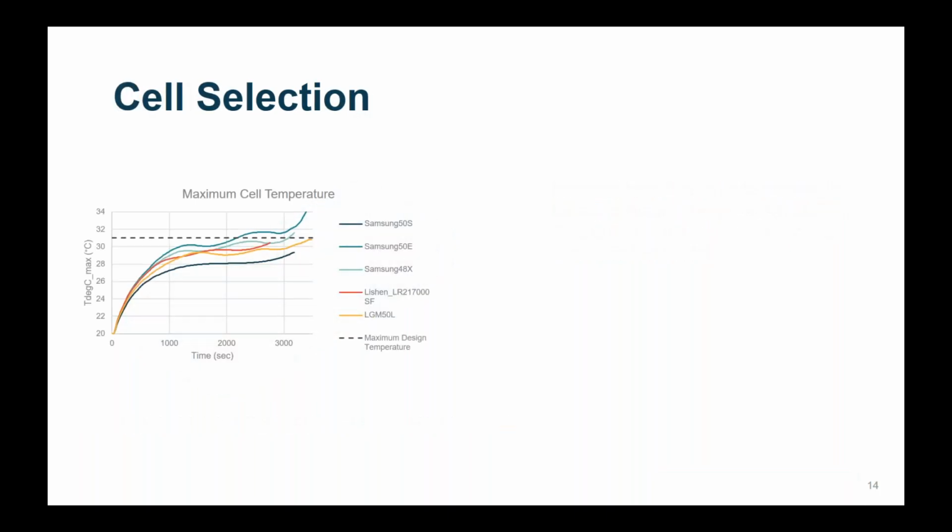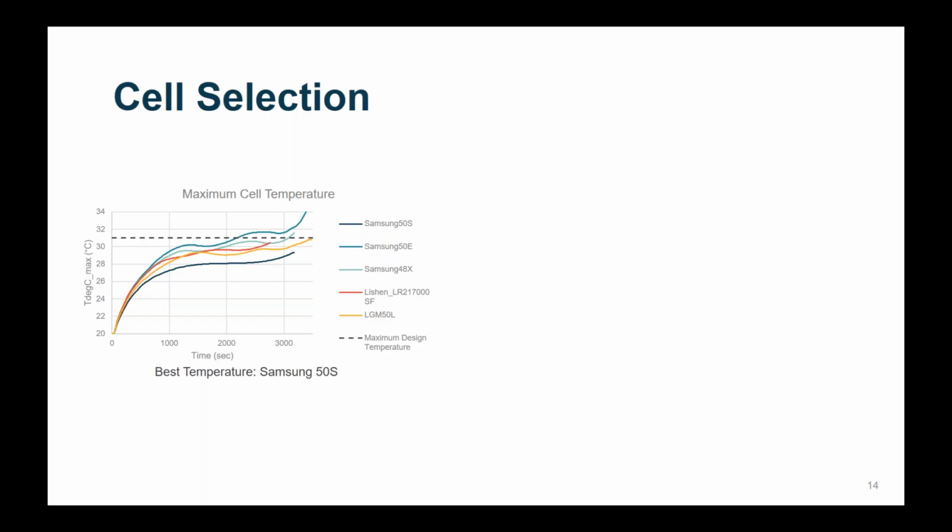Comparing different cells against each other, the first thing we looked at was maximum cell temperature. And in the dotted line, we've assumed a nominal maximum cell temperature limit to eliminate certain cells from the feasible ones. And from this, we can see the best temperature is the Samsung 50S, and the Samsung 50E is above our